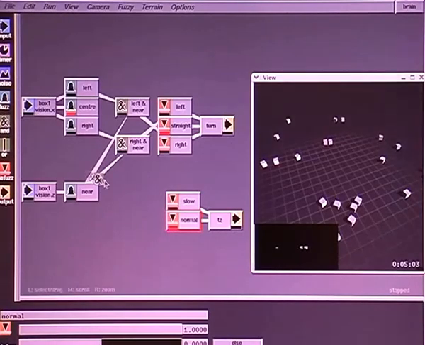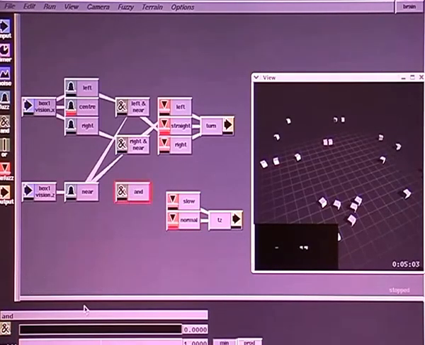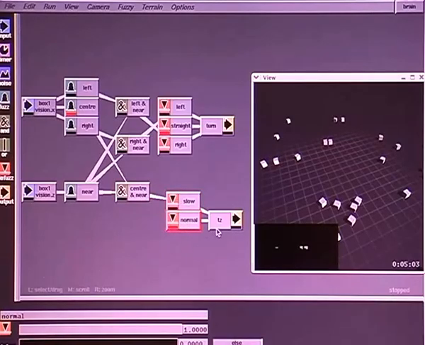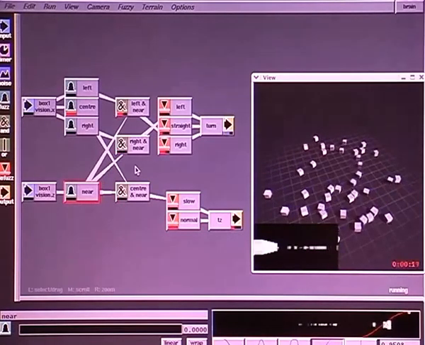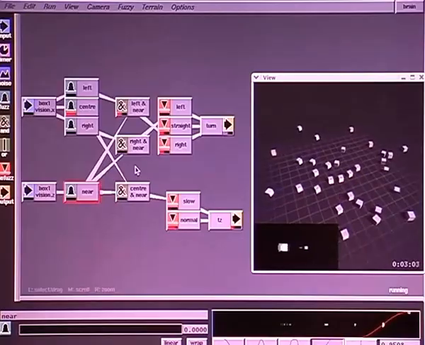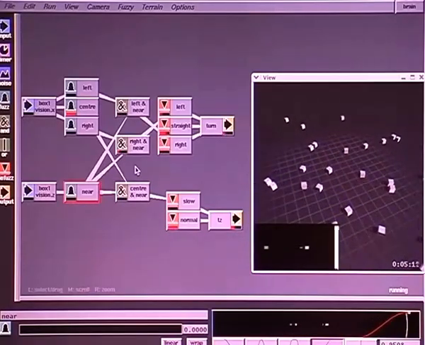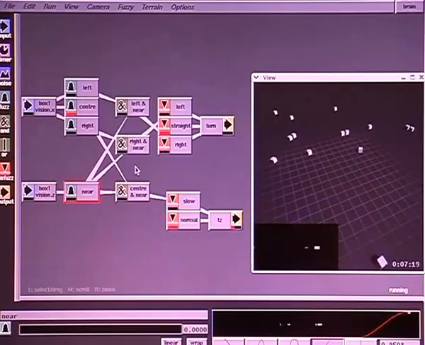Okay, we bring on a rule, an AND node, and we're going to call this center and near. We plug in center and near, and we plug that into slow. Well, slow's got a value of 0, which is fine. Normal should have a value of the speed that we were moving our engine at before, which was about 3.6. Okay, let's see what that does. Oh, that's much better. Now our agents are able to avoid collisions, and we can save our agent with